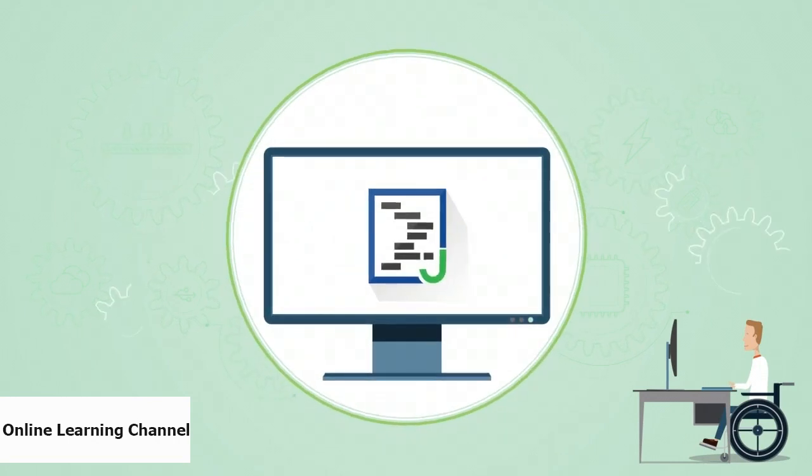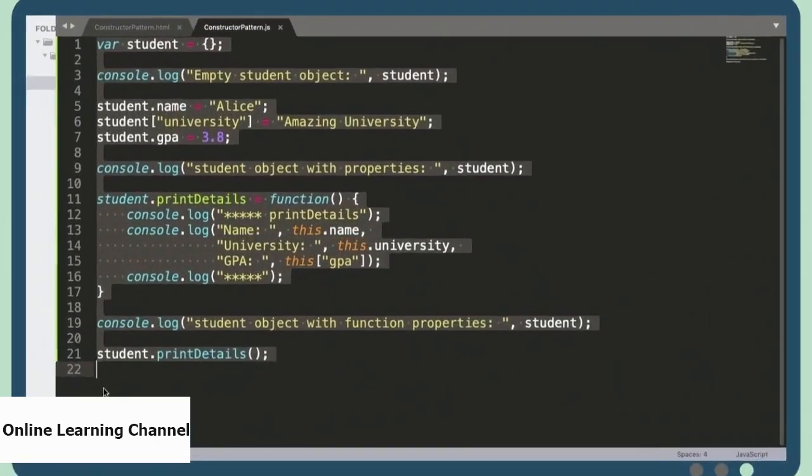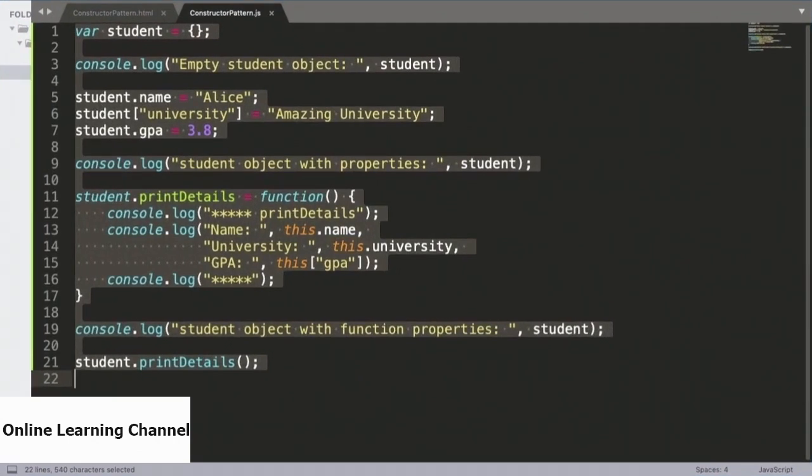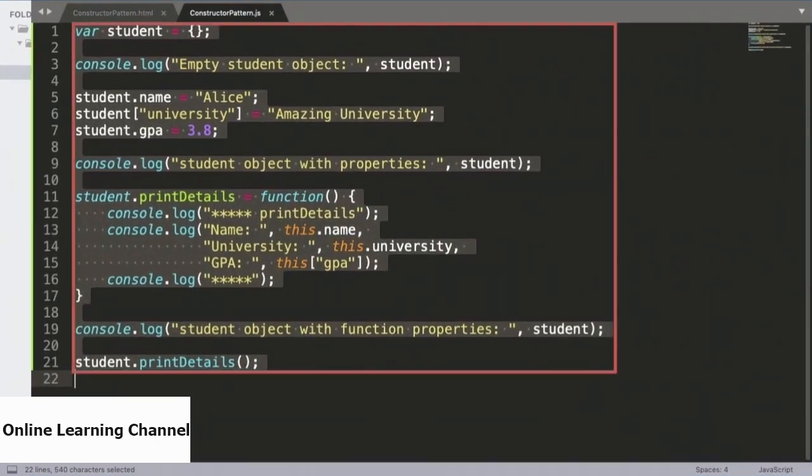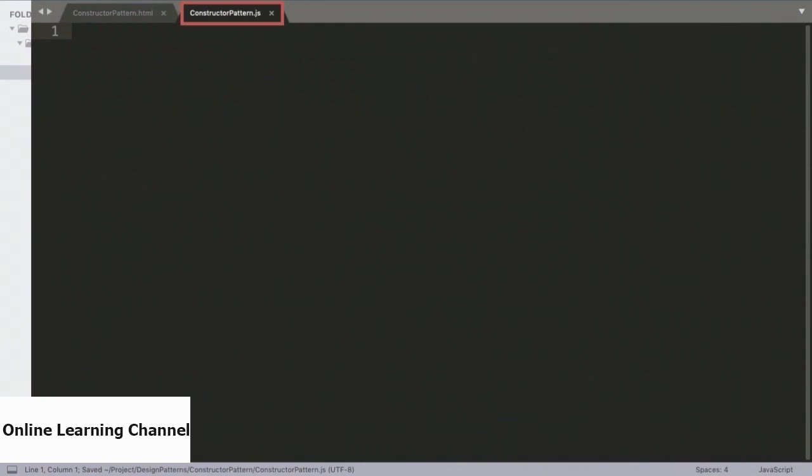In the previous videos, we saw one simple way to create or construct an object in JavaScript. Here we'll take a look at a different technique that you can use. So go ahead and select all of the code that you've written so far and hit delete. We'll start afresh in the same file,